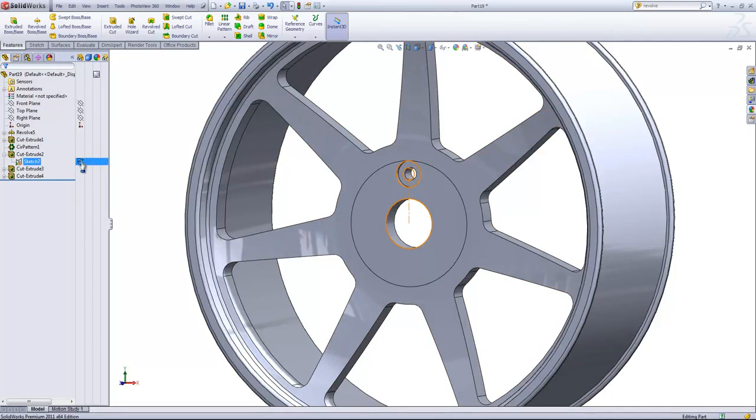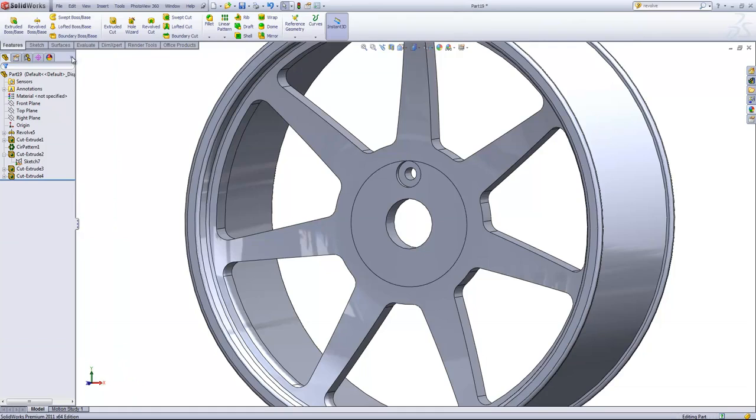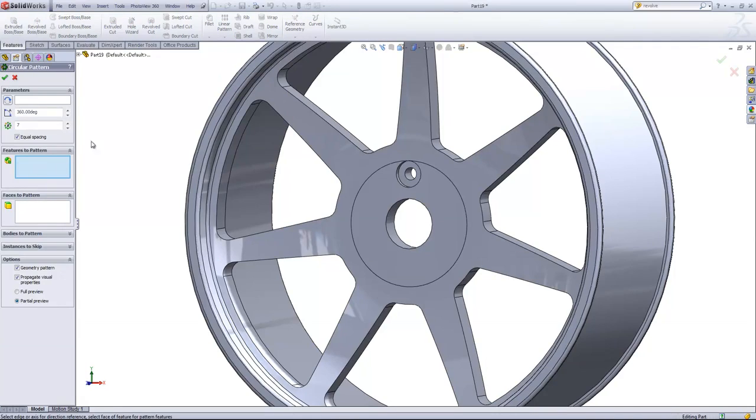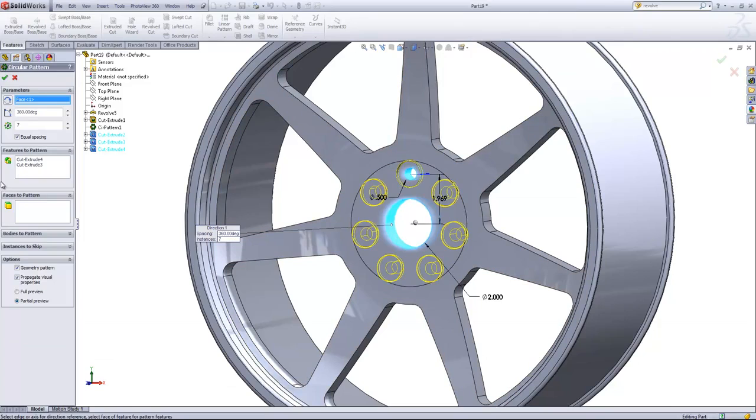Next, I'll go ahead and hide that sketch. And we can close out that display pane. We'll need to create another circular pattern. So go ahead and choose the circular pattern feature. In the features to pattern box, I'll go into the feature tree on the right here and choose the Cut Extrude 4 and Cut Extrude 3. And for the parameters, I'll just select this inside circle. We want to change instances to 5